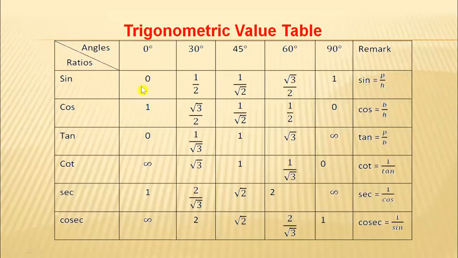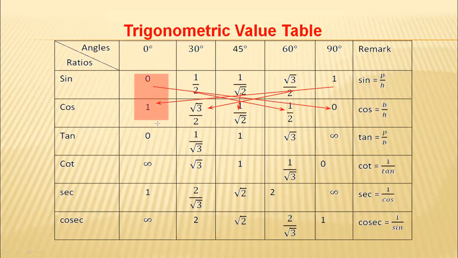So in this way, by the simple method, we can find out these values. First value आइसकेपछि, let me show it again here. After getting values of sine 0, 30, 45, 60, and 90, this is the value of cos 0, and this is the value of cos 30. This one is the value of cos 45. This is the value of cos 60, and this one is the value of cos 90. And if sine 0 is divided by cos 0, it becomes tan 0. If sine 30 is divided by cos 30, it becomes tan 30. In this way, we can find out the value of tan also.